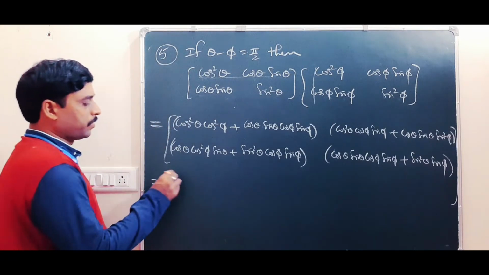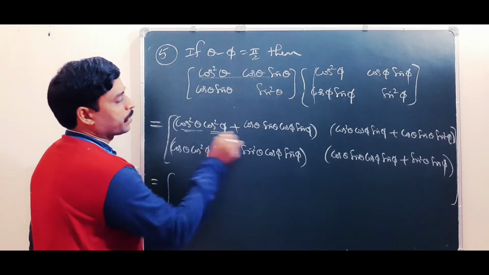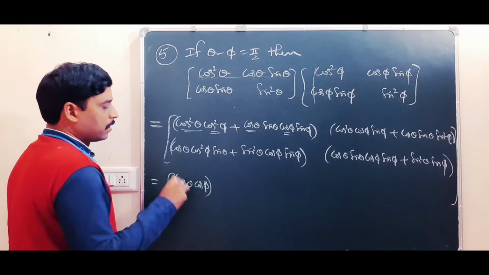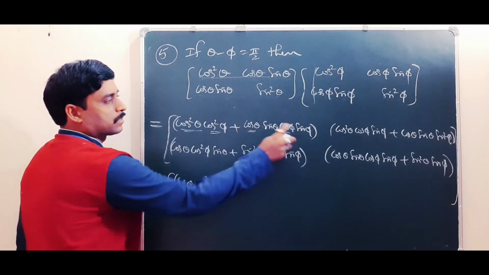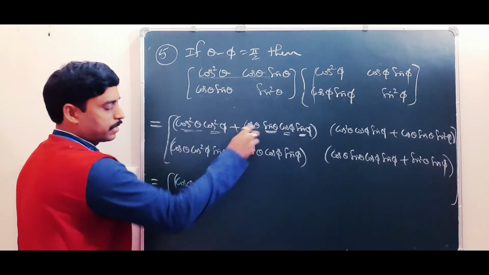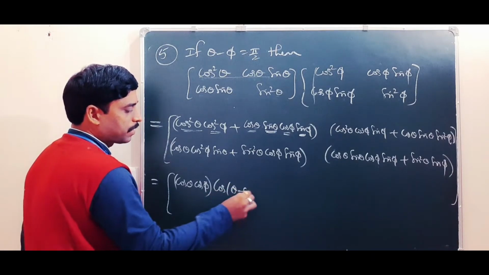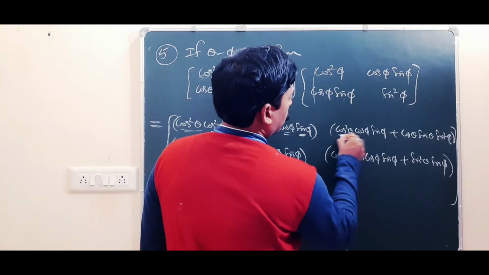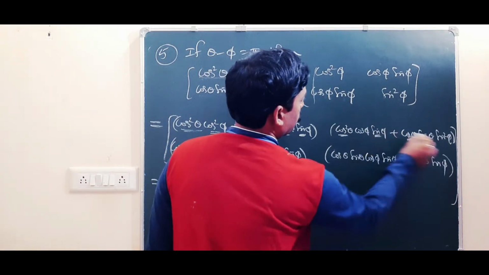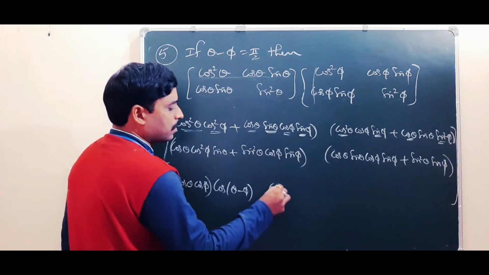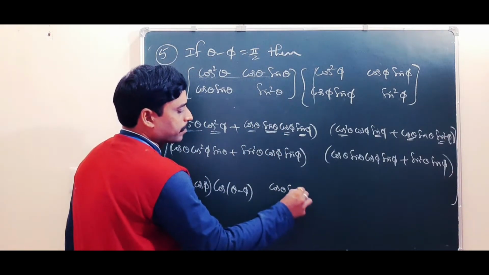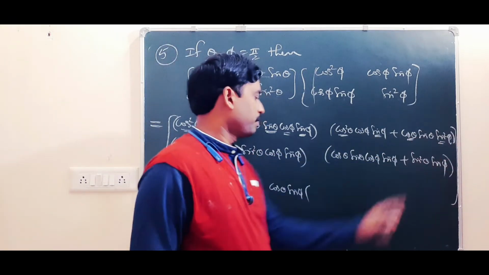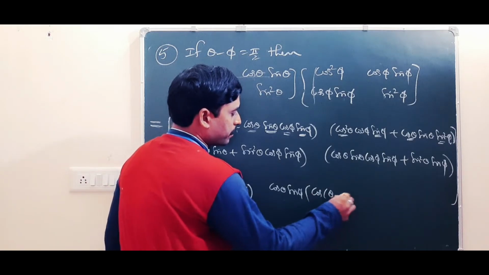Okay, in this one, take cos theta cos pi common. So cos theta cos pi plus sin theta sin pi remains, which is cos(a minus b), theta minus pi. In this one, take cos theta as well as sin pi common, cos theta sin pi. It will be cos theta cos pi plus sin theta sin pi, which is cos(theta minus pi).